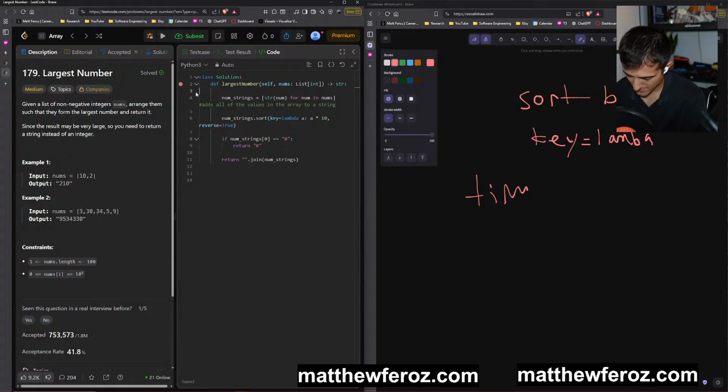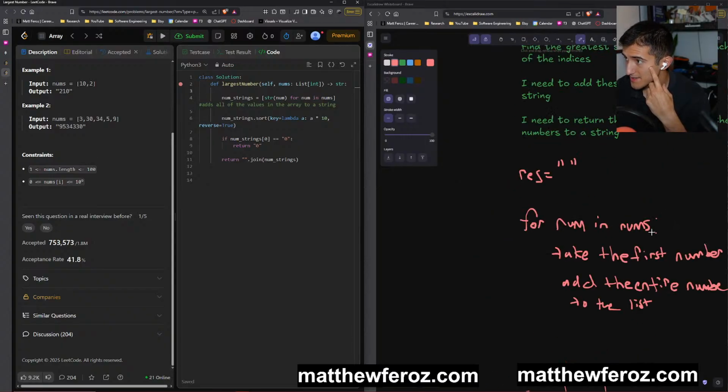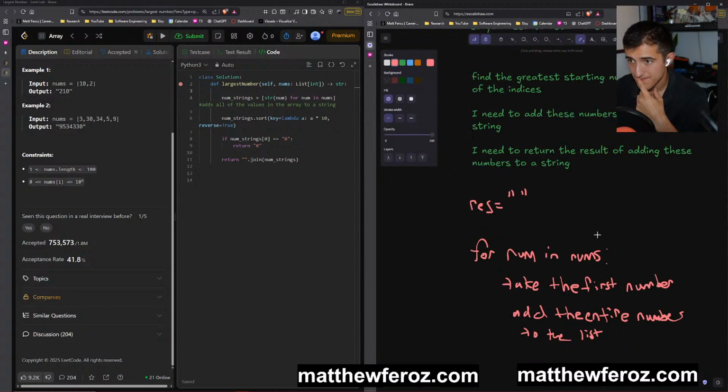Only look at the initial values. And then what else did I say? Okay, so I'm not sure, but that's what I originally thought.